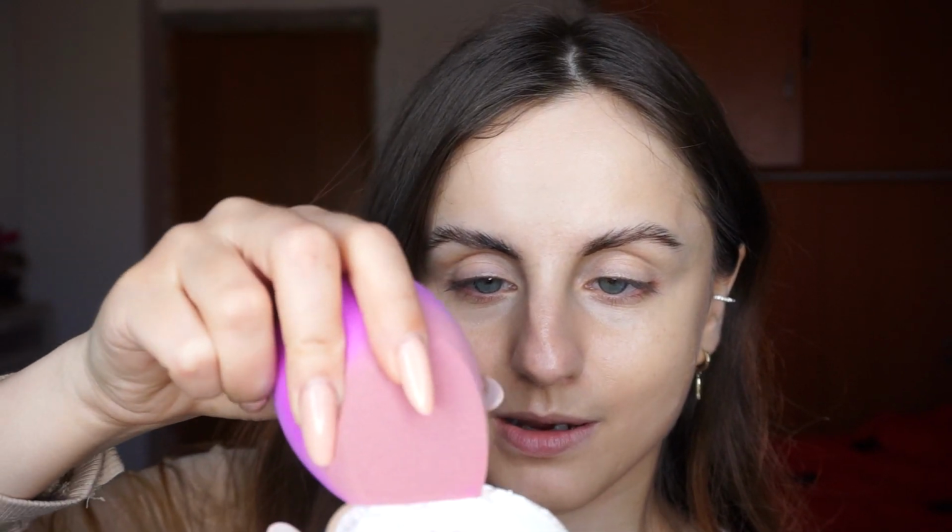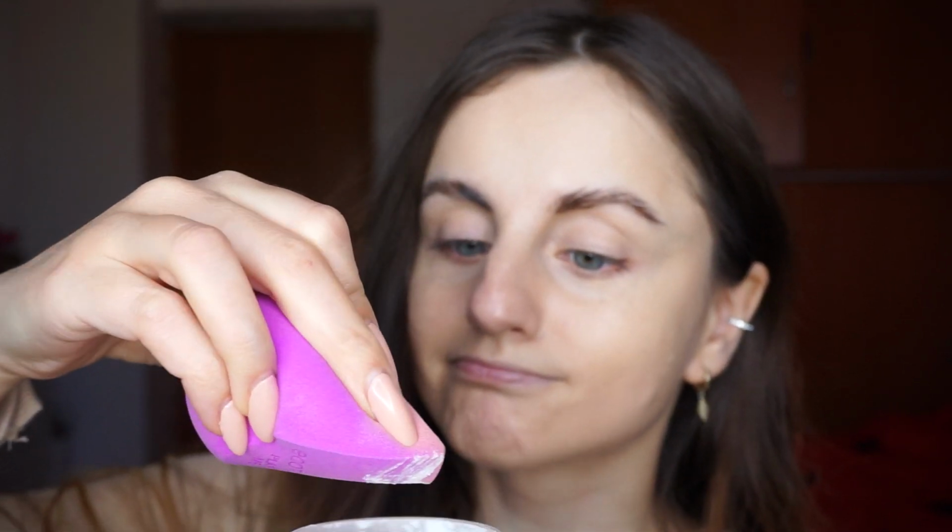I'm gonna need my translucent powder, and lately I've been loving to set with a sponge. That's what I'm going to do. I usually just set my under eyes, so I'm going to pick up a fairly large amount of powder on my sponge, kind of this much. Just going to pick up a little bit more though, because